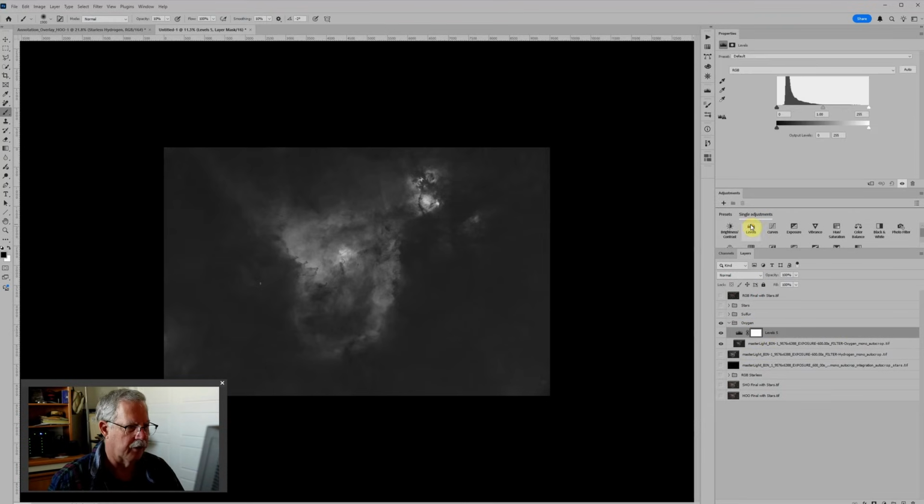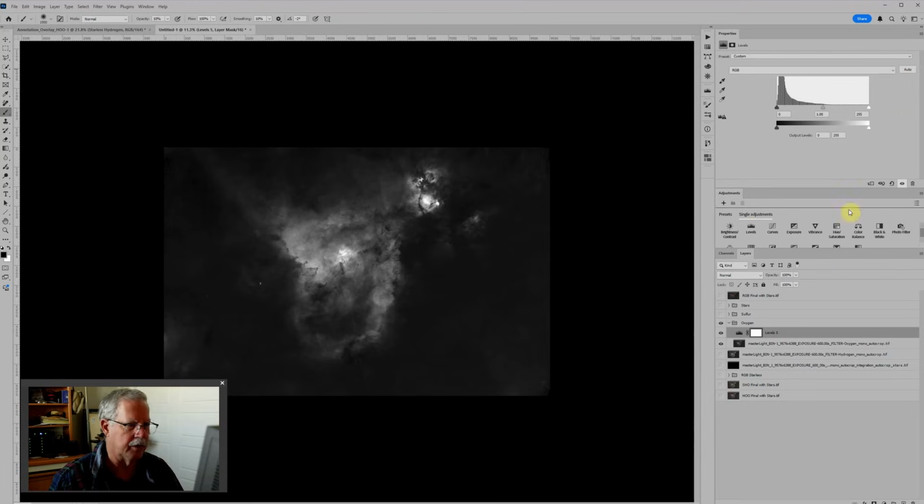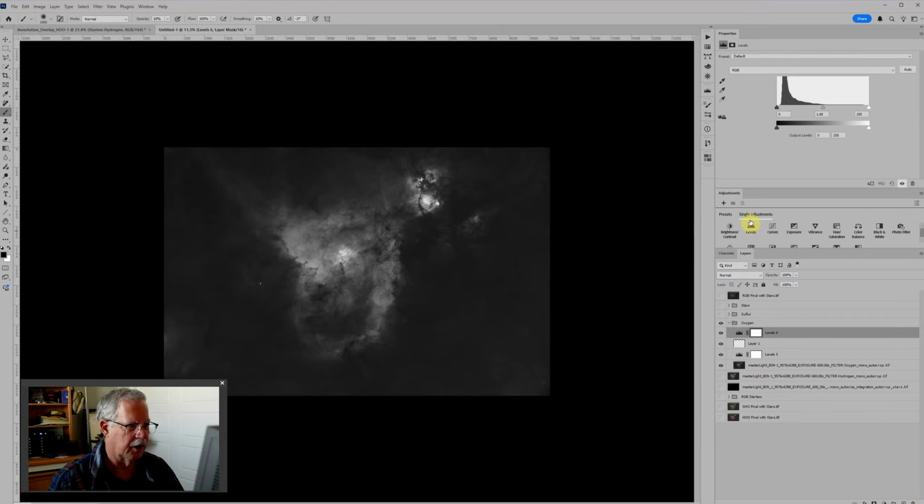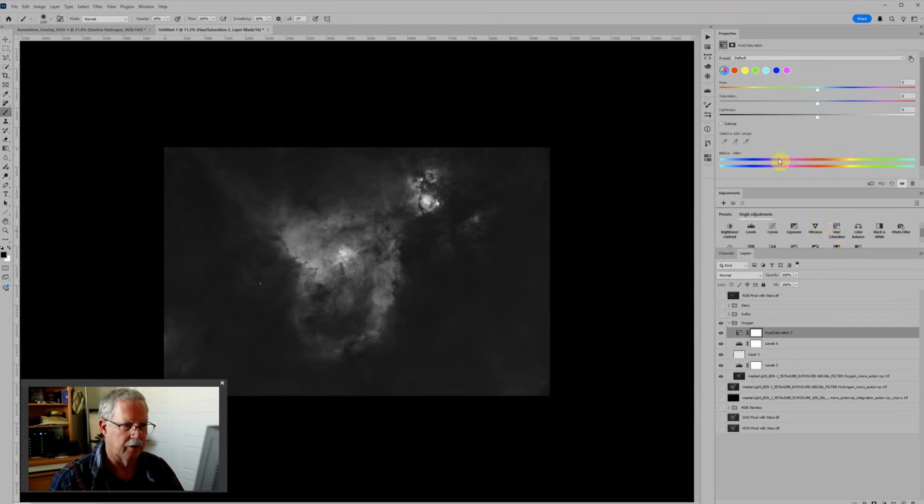I'll add a levels adjustment layer. Click auto to auto find the endpoints. And again, that appears a little too aggressive, so I'm going to back off the opacity on that auto adjustment, and then we'll add a blank layer in soft light blending mode, and then I'm going to add another levels adjustment layer for final tuning, and then I'll add a hue saturation adjustment layer in colorized blending mode,